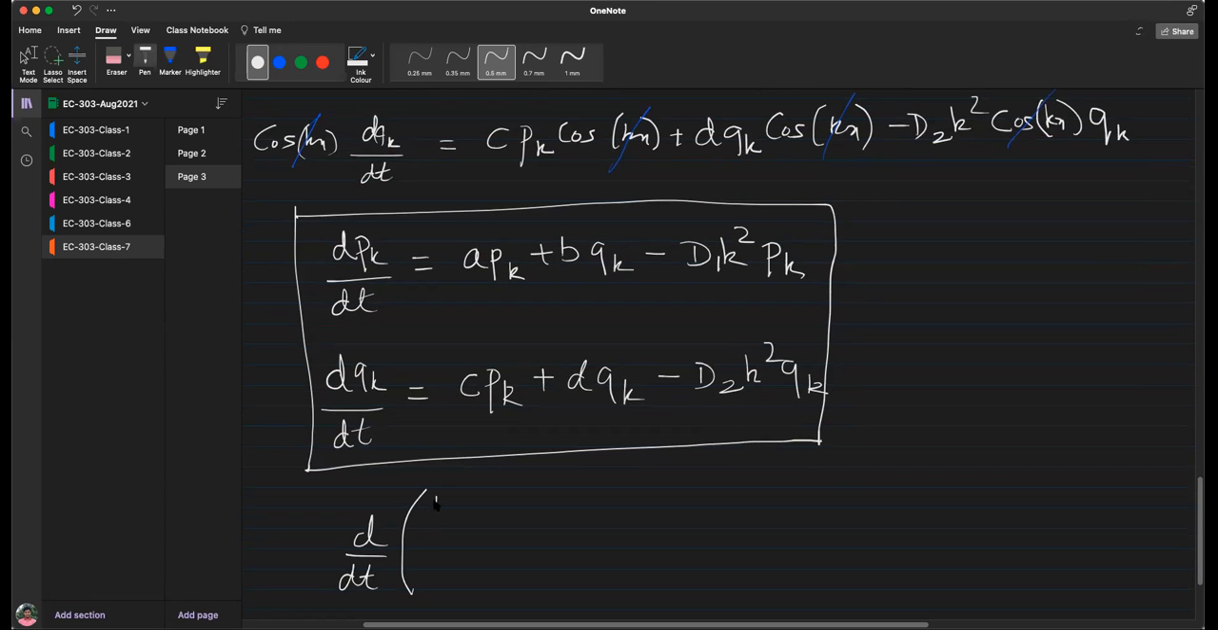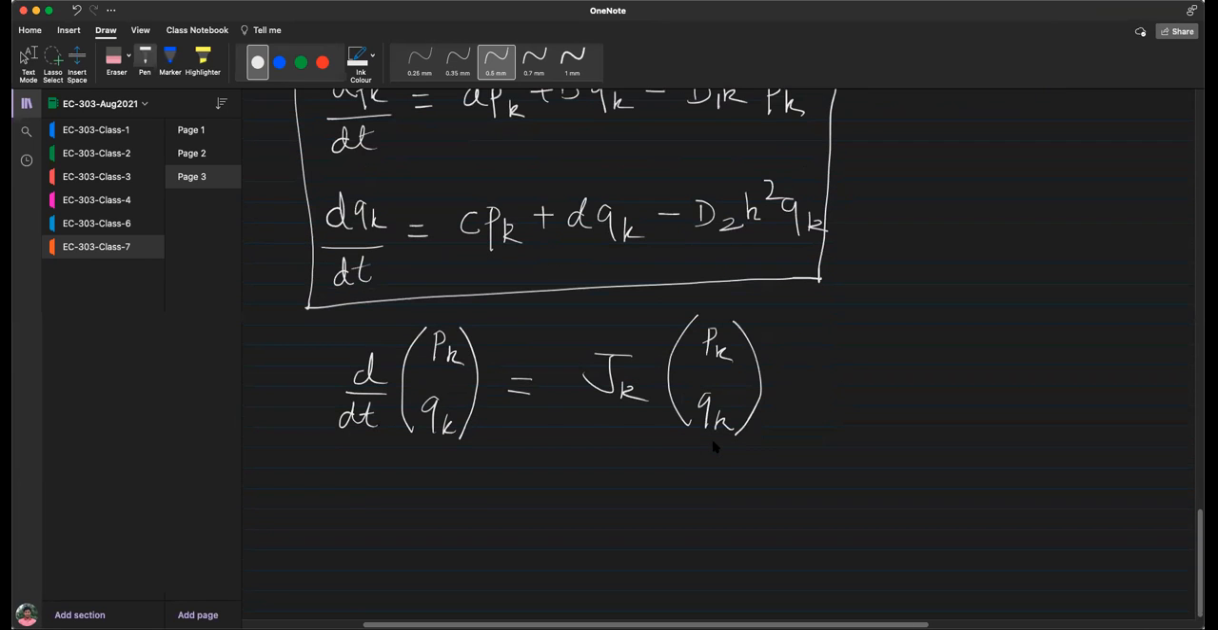d/dt. Now, unfortunately, I'm assuming that you are comfortable with the matrix notation. Two-dimensional dynamical systems do require you to know this. Okay, where